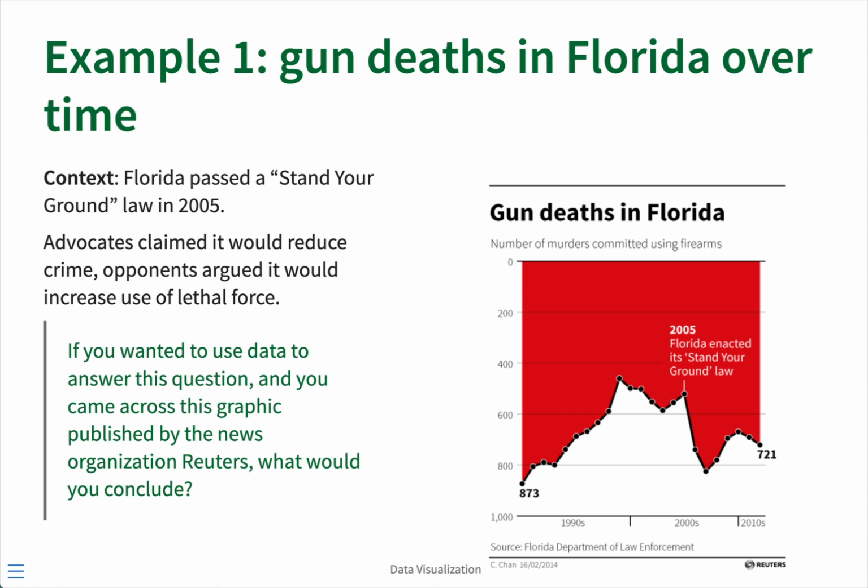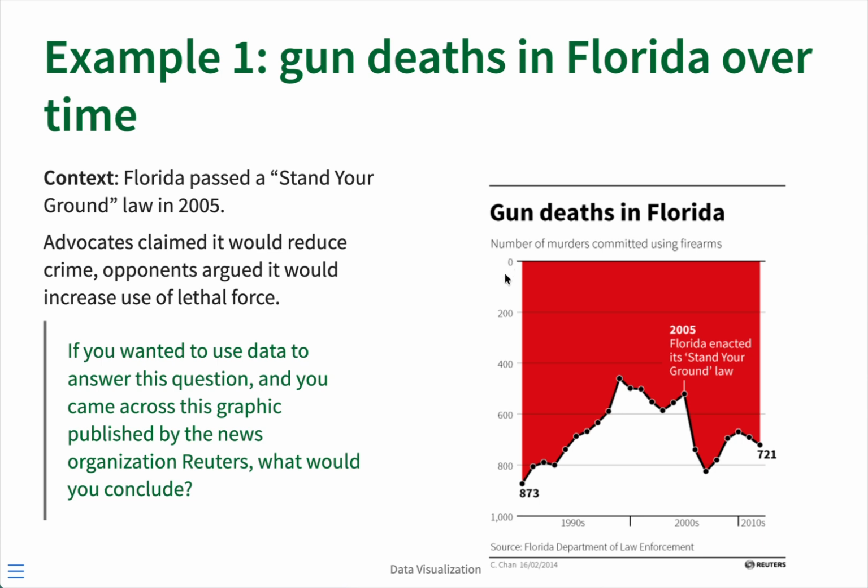Here's one example of a real graph showing the number of gun deaths in Florida after a law was passed in 2005 called Stand Your Ground. And so this graphic here is plotting the number of gun deaths in Florida over time. And we can see we get to this point here, 2005, and then the line goes down, right? The line indicating the number of gun deaths goes down. So typically when something goes down, we think it's decreasing, right? So this graph at a first quick glance might suggest that the number of deaths is increasing after this law is passed. However,